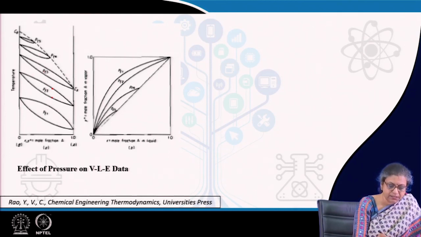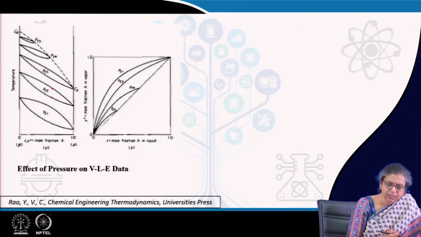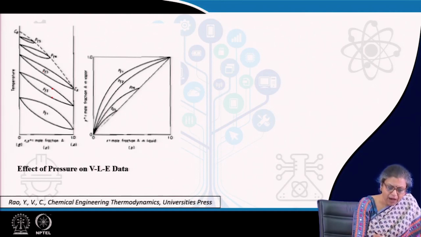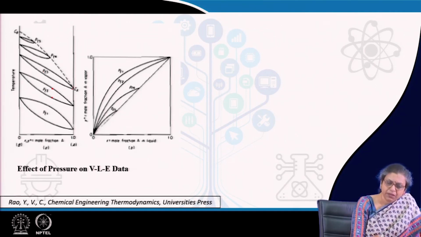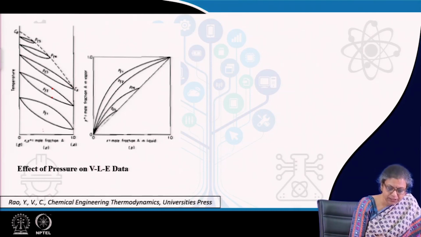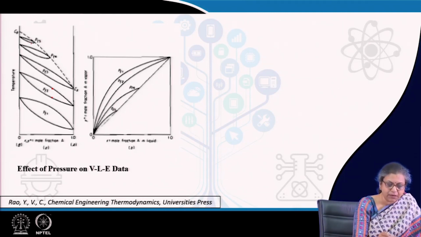In this particular case, these are for higher pressure conditions. When this becomes narrow, what does it mean? It means that the relative volatility between the two phases becomes closer, and therefore separation by distillation becomes more difficult. Also, you will find that once we exceed the critical conditions of the more volatile component, the curve becomes looped, and therefore the range of conditions where separation can occur by distillation becomes smaller